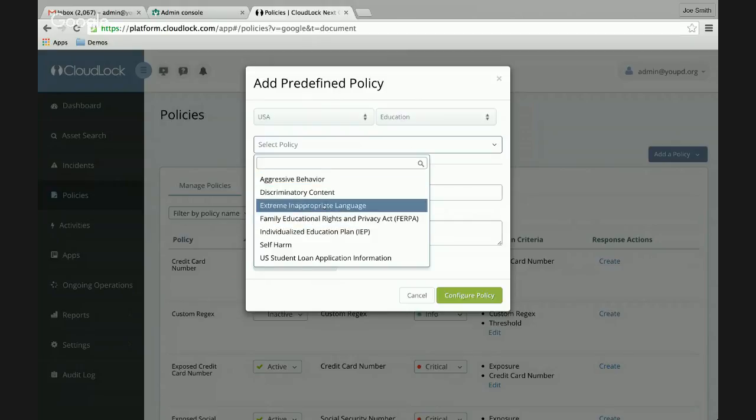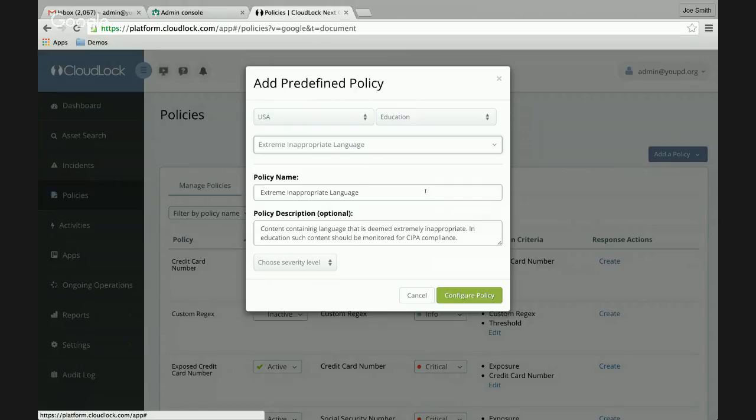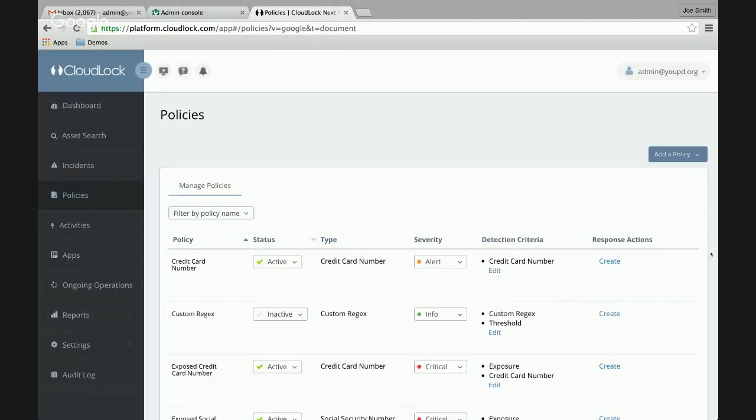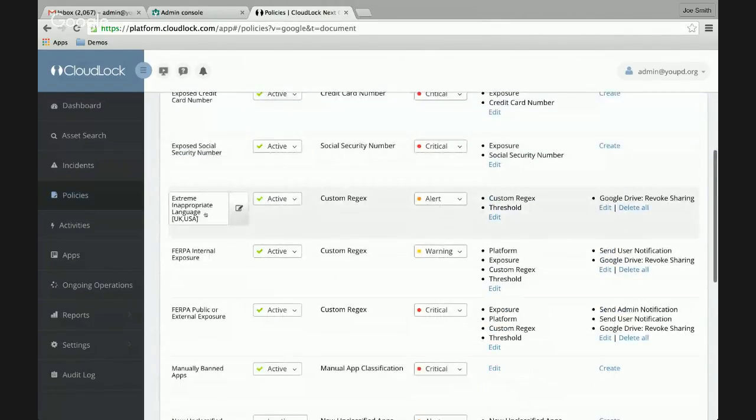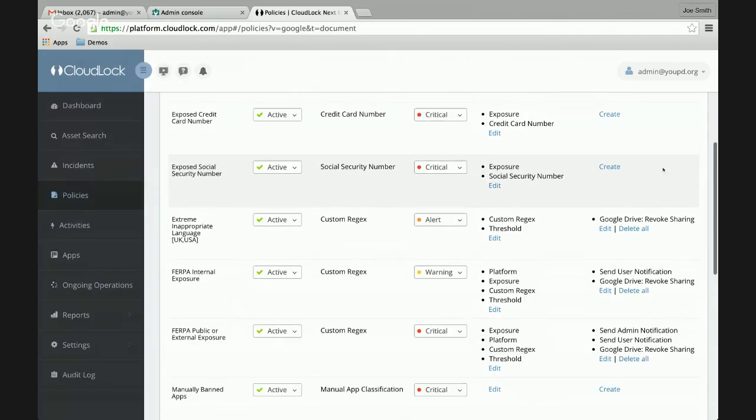So one of my favorite policies is this extreme inappropriate language policy. Once we select our policy, it allows us to choose a severity level and then configure our policy. We already have this policy on our domain, actually, so we'll just go ahead and take a look at it. This extreme inappropriate language policy is set to active and it's set to alerts. So if we look at this, hold on one second, all the way at the right-hand side,